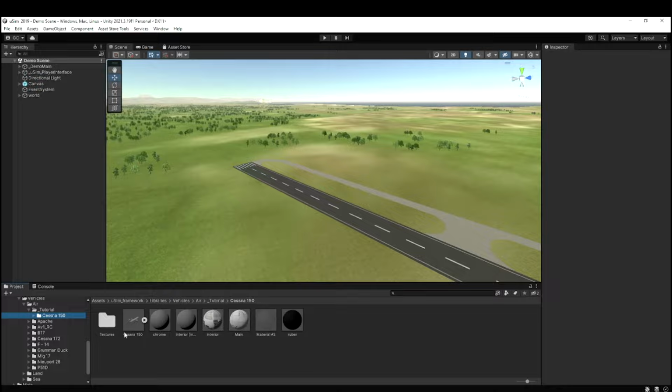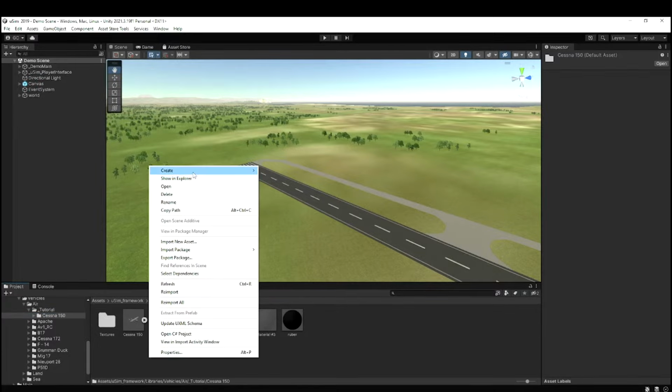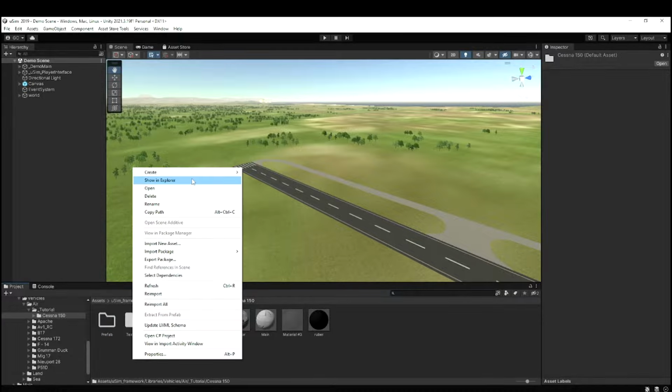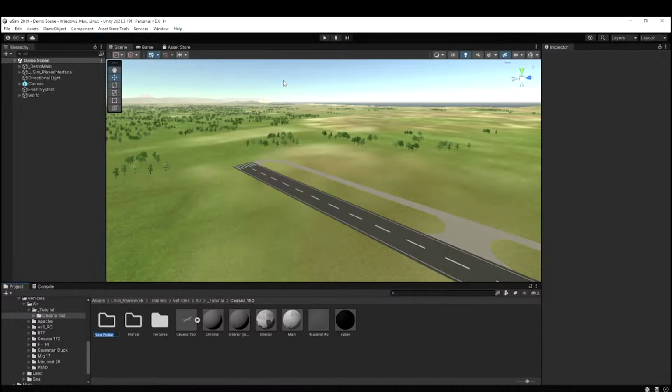This video shows how to set up a basic aircraft from an existing template. In this video I use the example model in the video description. To follow the uSim folder structure and keep it cleaner, you can create a new folder in uSim Framework Library Vehicles